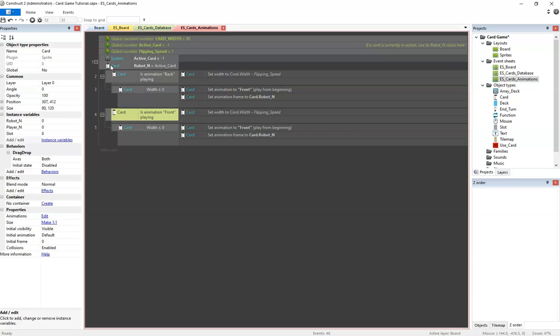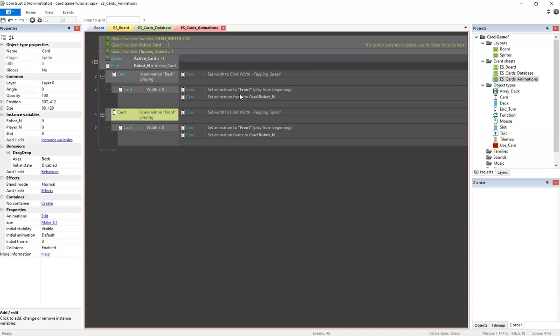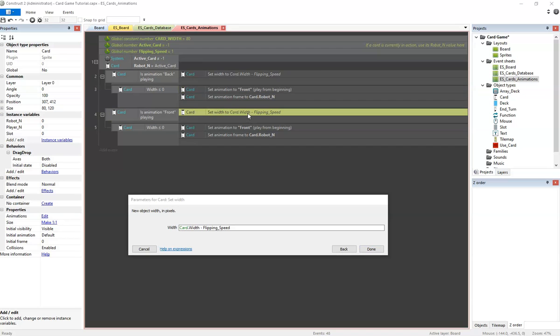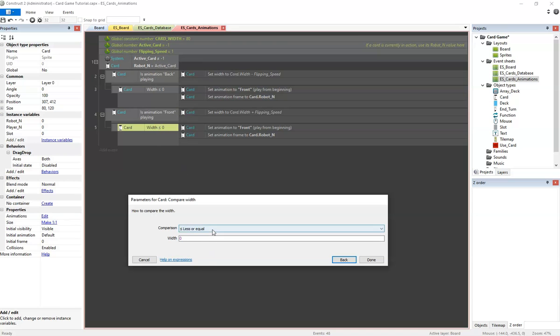So at one point this condition is not true anymore, but these two are still true, and then this one becomes active because the card is in front, the animation, because we change it here. So at this point we do the opposite thing. We're going to increase the width of the card by an amount equal to the flipping speed. But we need to check that the card is not larger than